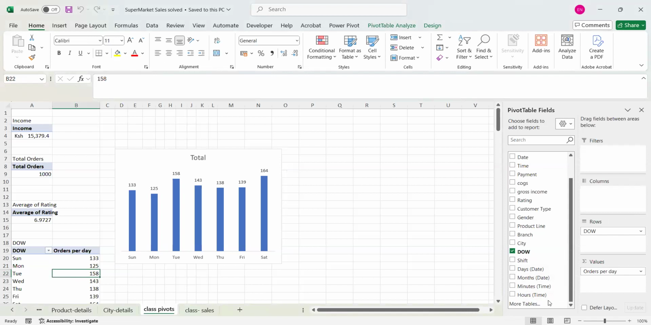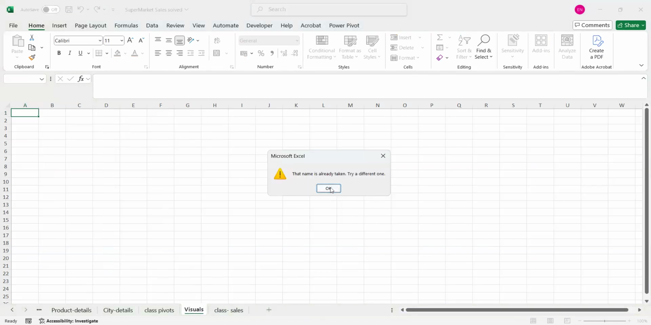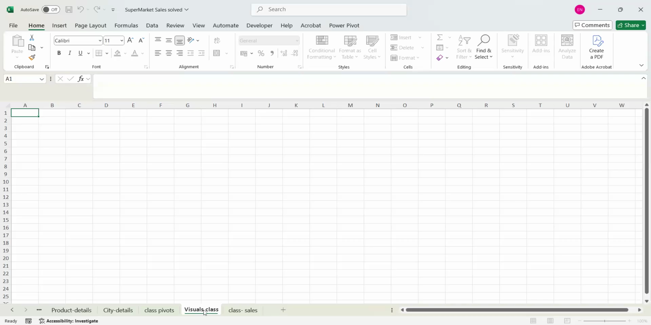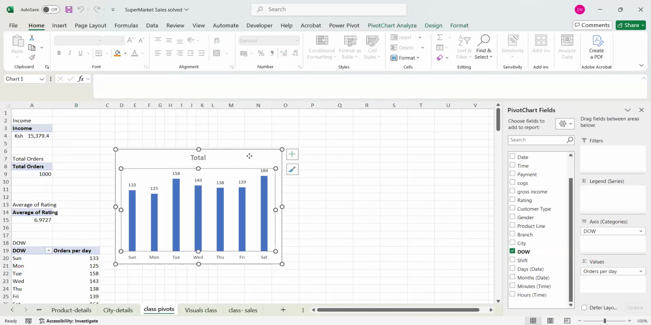You can see more tables will appear. Once I highlight on a pivot, I can select. Now, so let me just create another sheet. We call it visuals. So I will just click plus. Yeah, so now you are at this point of inserting